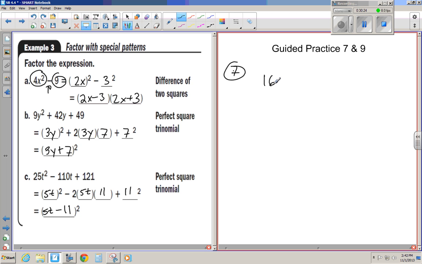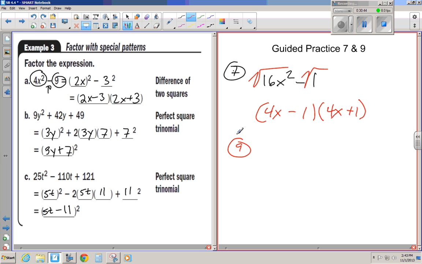16x squared minus 1. Perfect square, perfect square. All you really have to do is in your head square root it, and you get 4x and 4x. Then you get minus 1, and you get plus 1. Number 9,